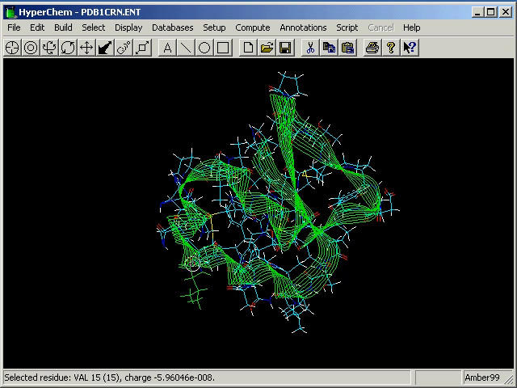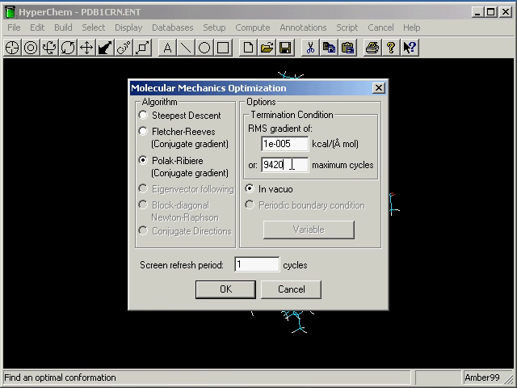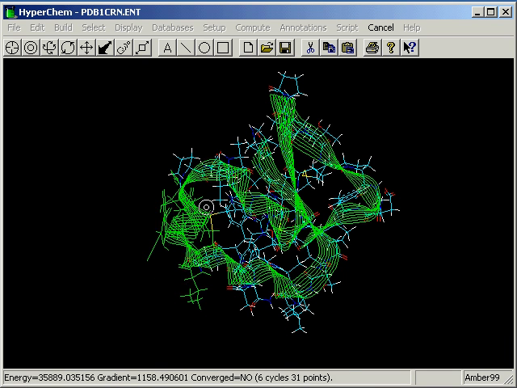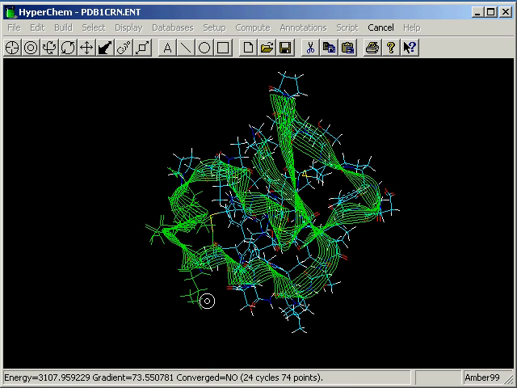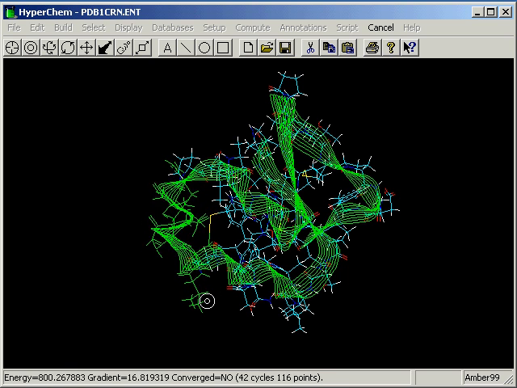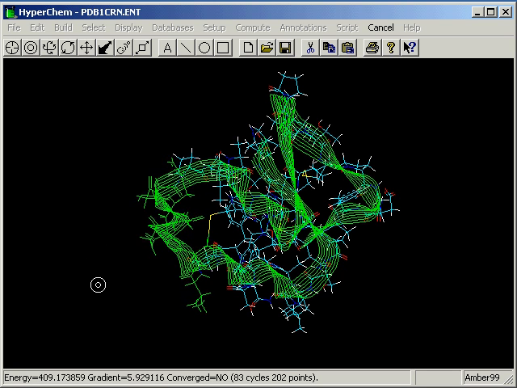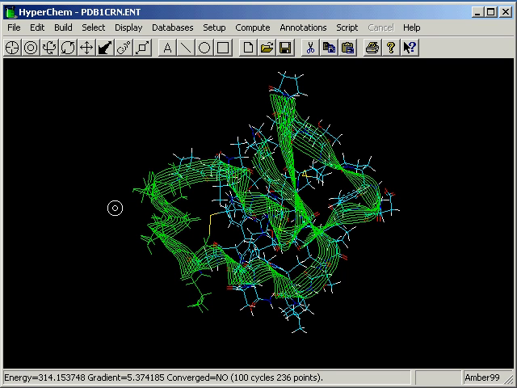Let's select some residues here, and turn on the optimizer just for those residues. Let's do a small amount of optimization here just to begin with, so 100, or let's do more than that, 100 say cycles. If we look at this, it's going to only move these around because that's all we've selected, and obviously it didn't fit all that well, but in any event it's now going to anneal,